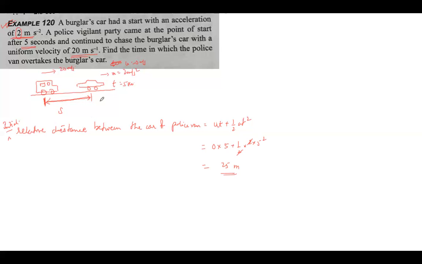Now they start moving in the same direction. Let's say the police van catches the burglar after t dash time. After t dash time, it catches the burglar. So the distance moved now by the burglar and distance moved by the policeman, this distance is 25 meter initial. So distance moved by the burglar car plus 25 meter will be the distance moved by the पुलिस वैन. सो दोनों सेम डिस्टेंस मूव करेगा. अगर यहाँ पे इसको कैच करना है और यहाँ पे इस पॉइंट पे ओवरटेक करना है,